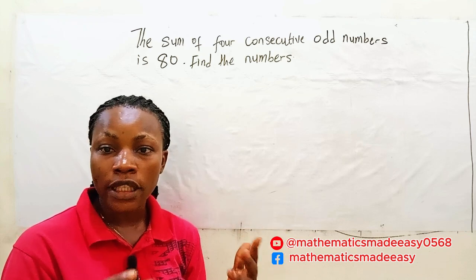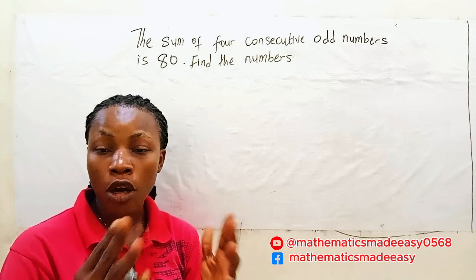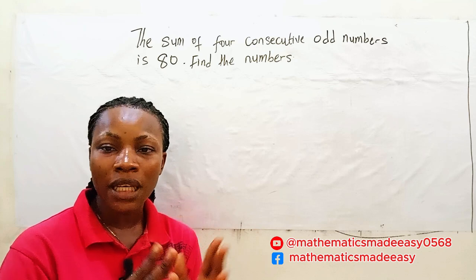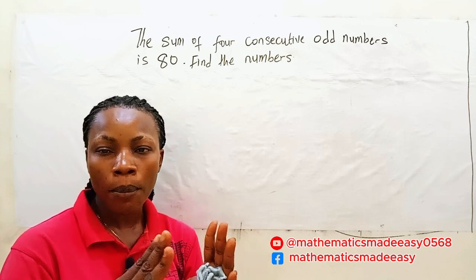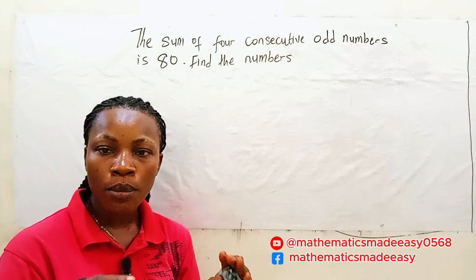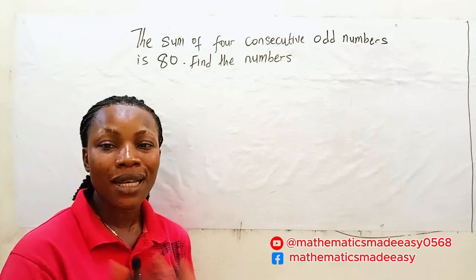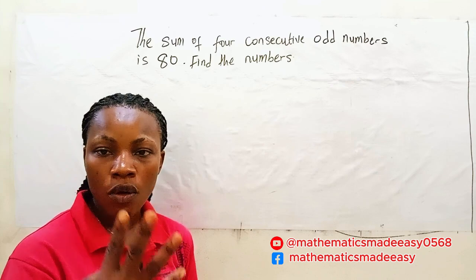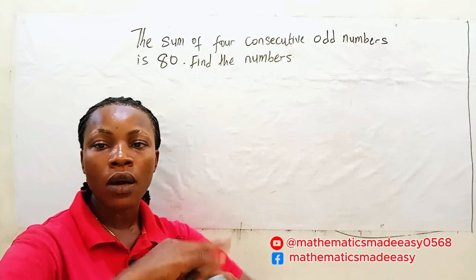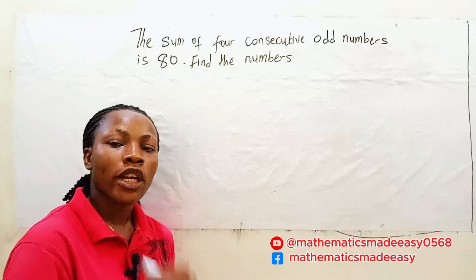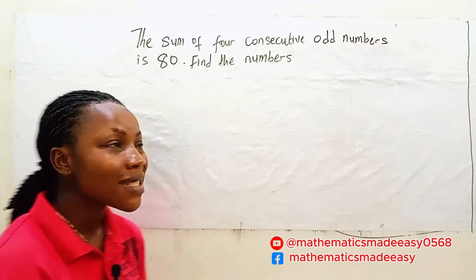Though we don't know the numbers, the only thing we know about them is that they are odd numbers and their sum is equal to 80, all right? And the numbers are four. They are four, okay? And four of them are odd, all right? So in order to find them, we can simply say,